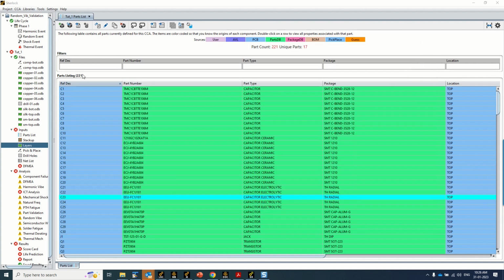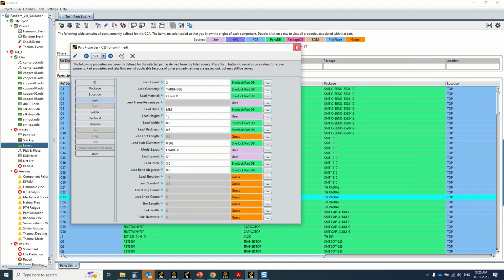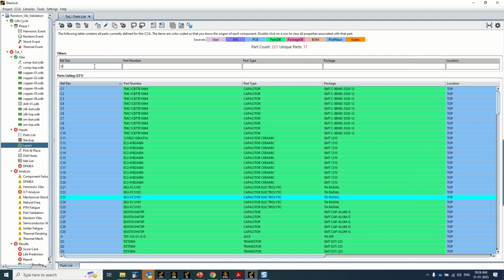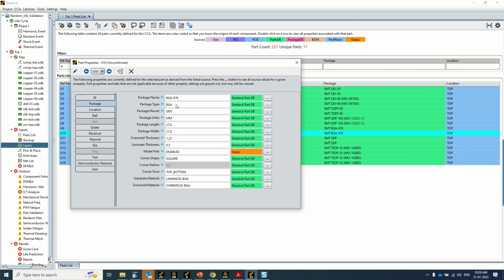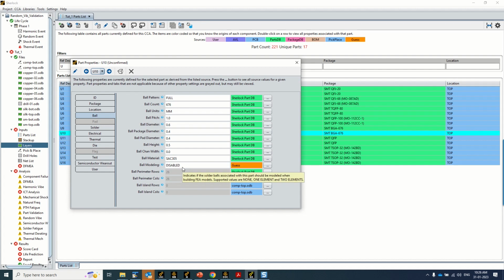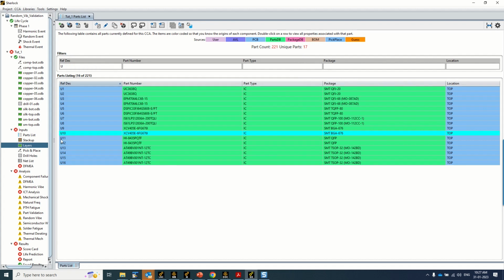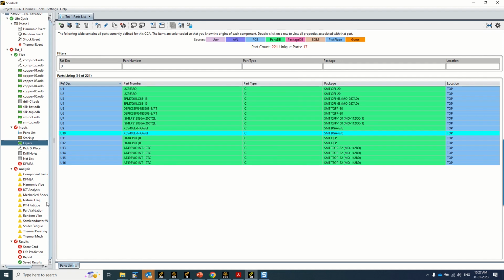And also you can look at U10. To filter any part, just type here U and 10. U10 is basically a BGA package, and we are not going to model the balls here. Okay, for BGA, balls are nothing but the leads, so we are not going to model them. I will demonstrate how Sherlock calculates the life for these two parts. Once this is done, now the next task is,